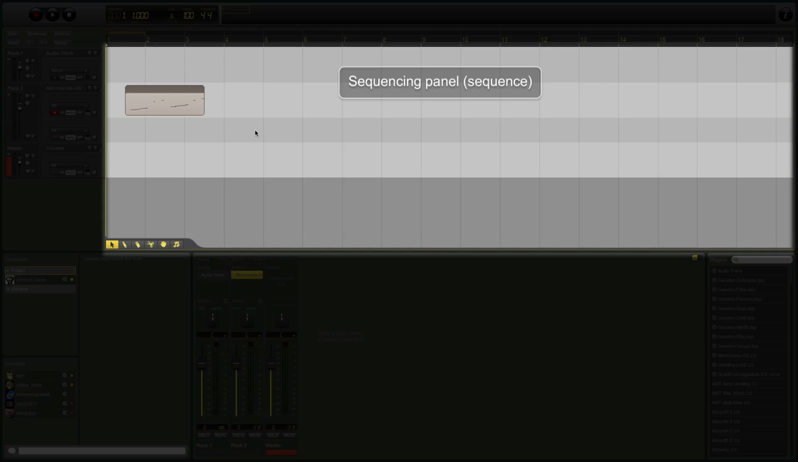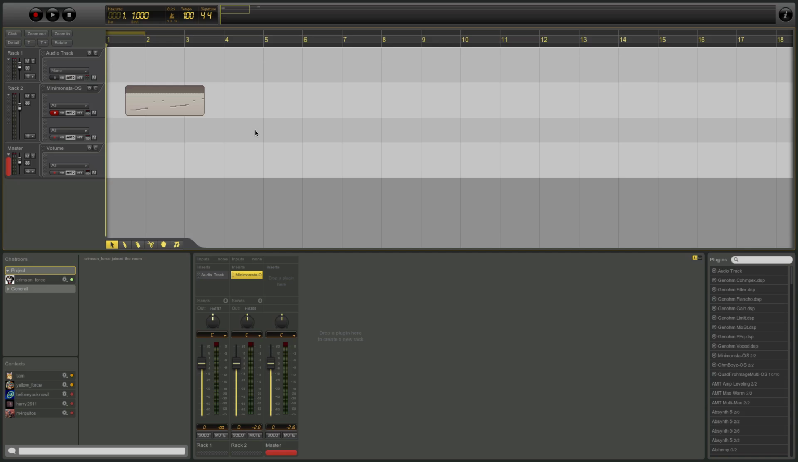The sequence is the place where you arrange and edit patterns, which are elements of a project like audio files, MIDI notes, or automation parameters. There are basically two modes in the sequence: arrange and edit. Arrange is the default mode where you create,